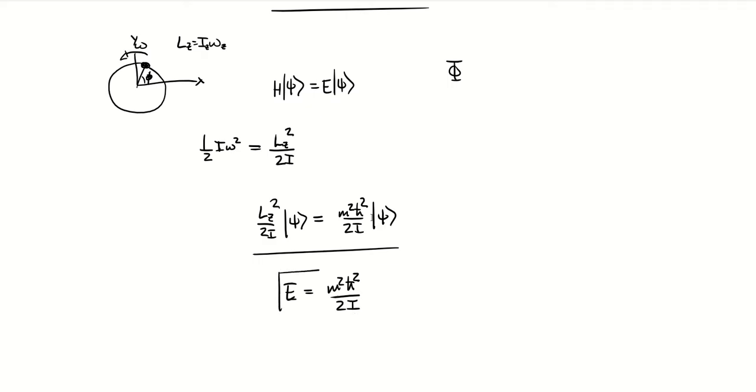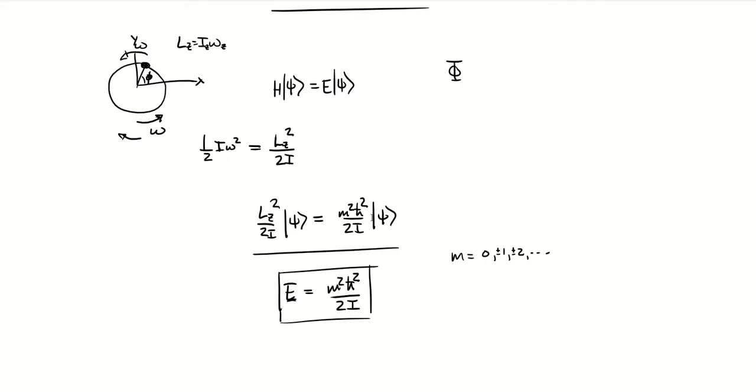And one of the things you can note here is there's a degeneracy, right? m is an integer, 0, plus or minus 1, plus or minus 2, etc. So if I gave you an energy, you can narrow it down to 2 of these values, but you don't know which. This is essentially the fact that if the particle is moving counterclockwise with some omega, it has the same energy as if it was moving clockwise with some omega.